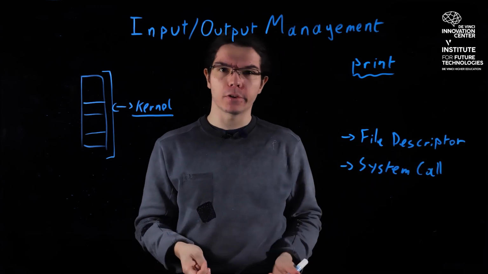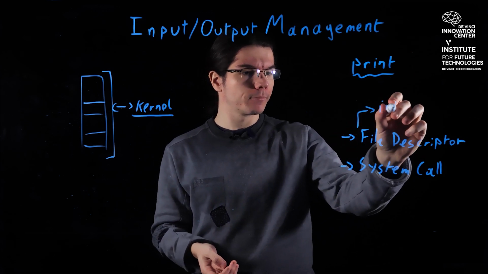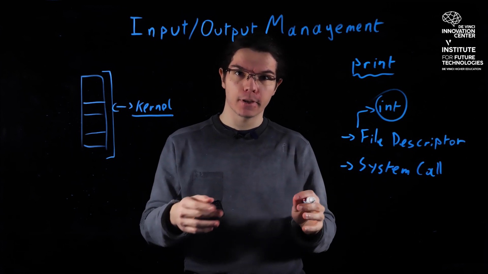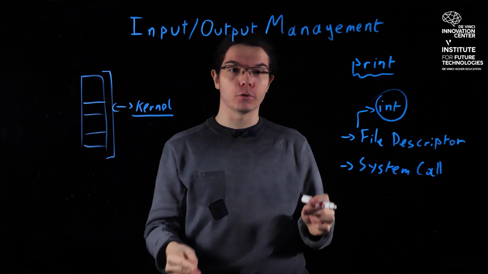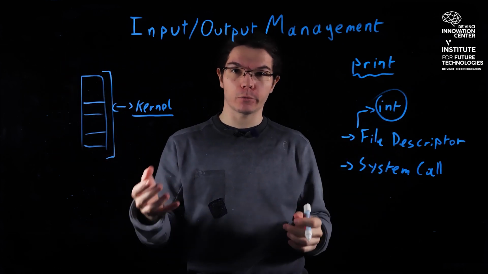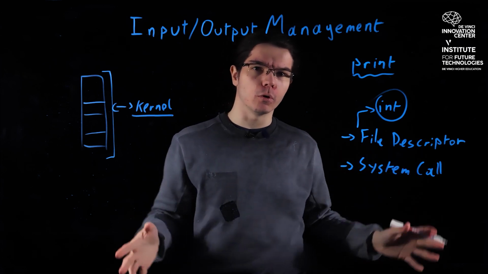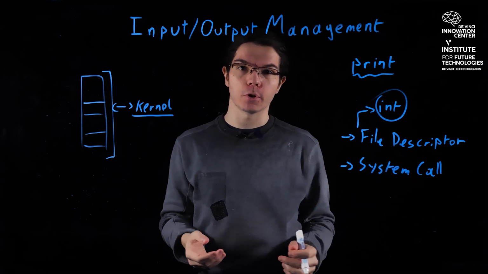So file descriptor, what is this? A file descriptor is very simple. It's an integer. And that's very important that you remember that. A file descriptor is just a number. And the number is tracked by the kernel per process, and the kernel knows what this number means for this process. There's a couple of file descriptors that are common to all processes, and don't mean they are the same for everyone, but they have the same number.